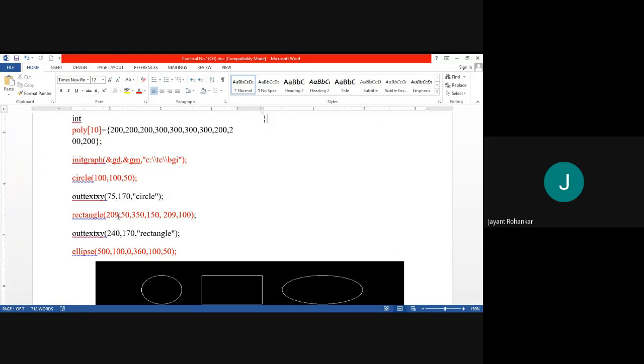We need 4 endpoints to draw the rectangle, and by joining those 4 coordinates we draw the rectangle easily. Here also outtextxy 240, 170 rectangle is used. The rectangle will be drawn from those points, assigned some color and displayed on the screen.